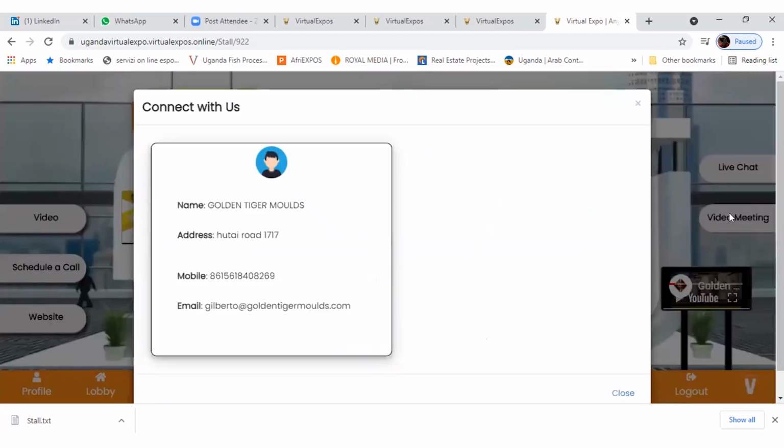Then this is the video meeting option. If I'm a visitor, I will go to this option, the video meeting. I will get the details of the representative who is here. Right now I have not added the link which I had mentioned in the last column in the 9th option. Suppose I add the link, that link will appear here, and I can click on the link and start the video meeting right away. Once you add that link, you can directly start the video meeting. So accordingly you can communicate.